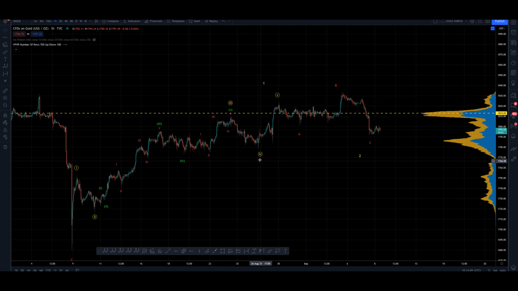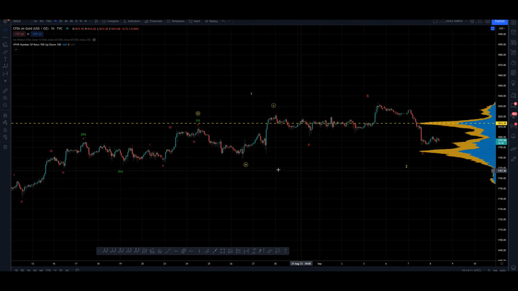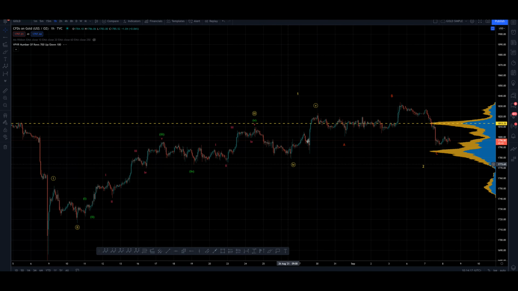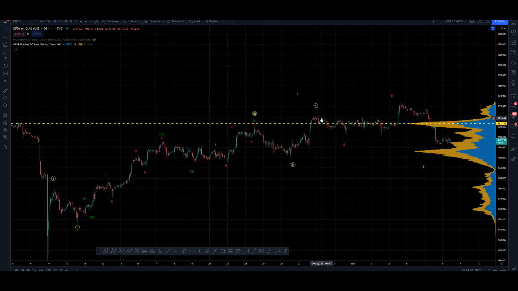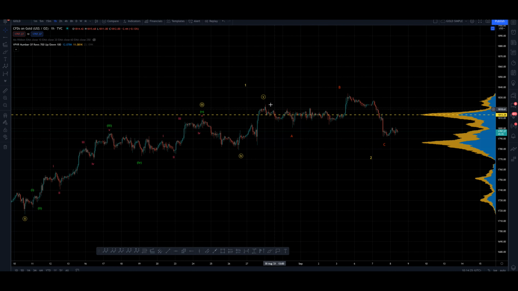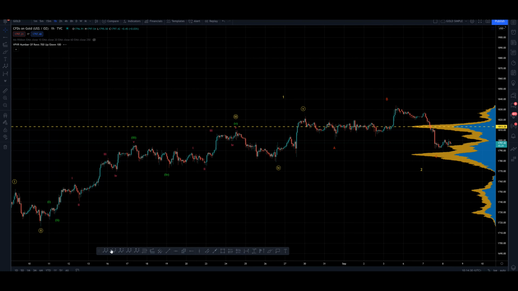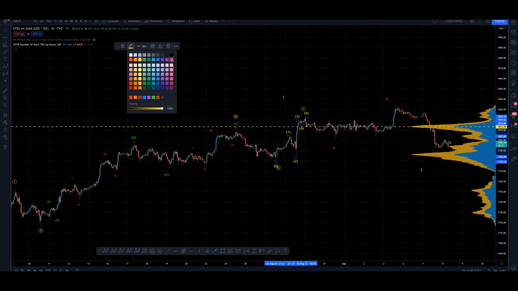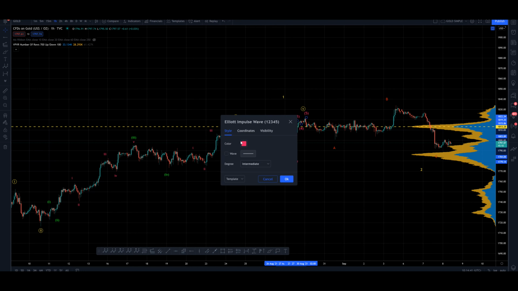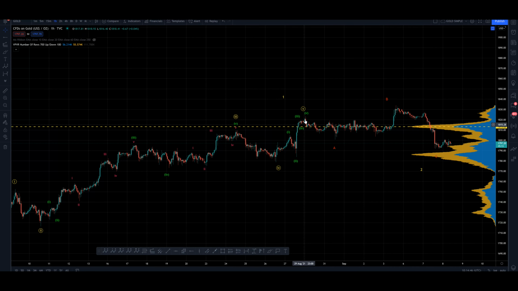Now it gets a little sticky here. This definitely looks corrective, and this final move looks impulsive, but this could be an expansive corrective move, this pivot to this pivot, but then we don't seem to get any follow through to the downside afterwards, so I'd rather assume that this was impulsive. So in that case we have to squeeze in one more count here, here, here, here, here. So that's going to be down to minuette level. It's not super clean, but it's good enough.